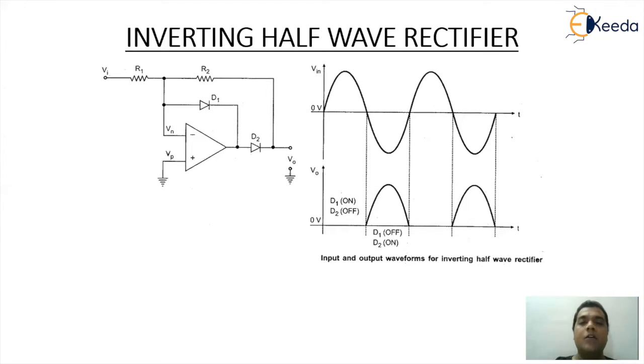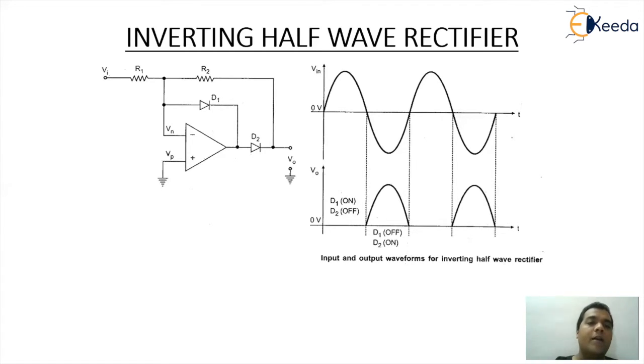And that is the reason you will find the output. So here what we need to understand is, whenever we talk about the positive half cycle, even if diode 1 is on, the diode 2 is off. And since the diode 2 is in the off state, we are not going to get any impact at the output point. The output point will read a zero potential. But as soon as the negative half cycle is given to the circuitry, here, what we need to understand is that when we give the negative half cycle of the input, the diode 1 will be in the off state and diode 2 will be in the on state.